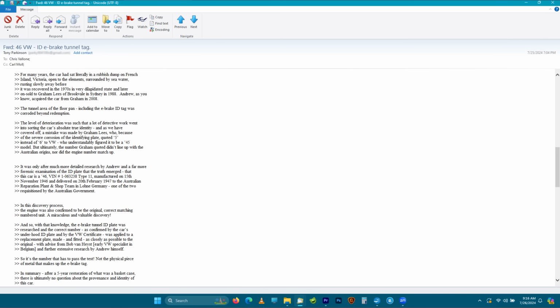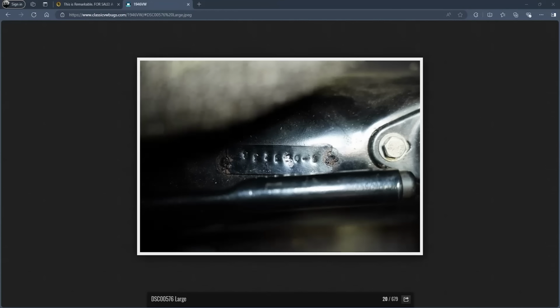on French Island, Victoria, open to the elements, surrounded by seawater, rusting slowly away before it was discovered in the 1970s in a very dilapidated state, and later on sold to Graham Lees of Brookvale in Sydney in 1988. Andrew, as you know, acquired the car from Graham in 2008. The tunnel area of the floor pan, including the e-brake ID tag, were corroded beyond redemption. The level of deterioration was such that a lot of detective work went into sorting the car's absolute true identity,